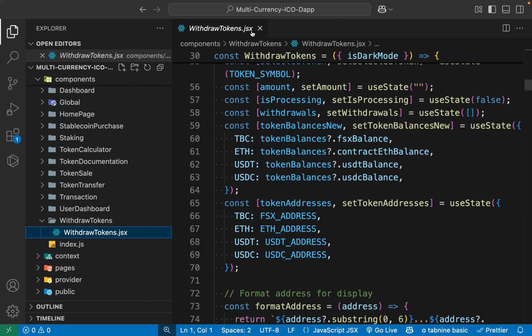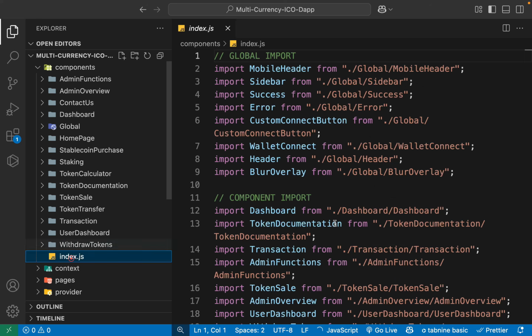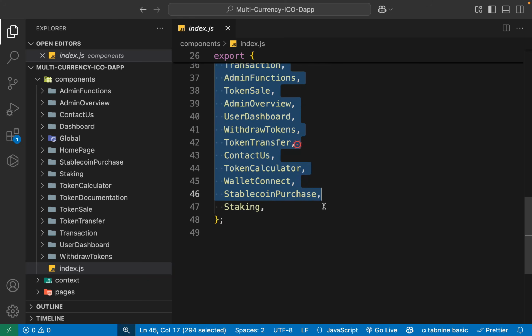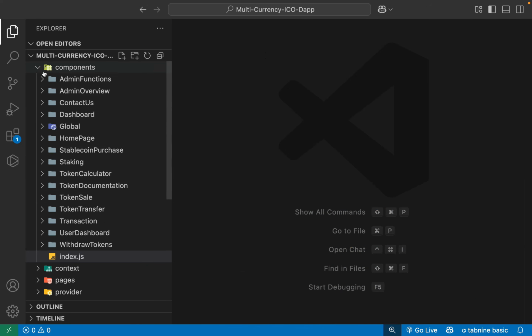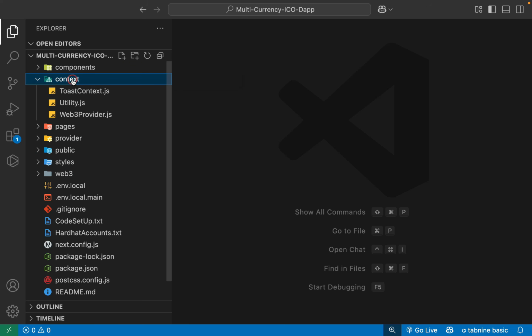So this is the entire folder and file structure we have in our component, and we are simply importing all the components right up here, and we are exporting so we can utilize them in our pages. So I hope you have understood what we have in our component. That's the first section. The next one we have is the context, and this one is very important, which